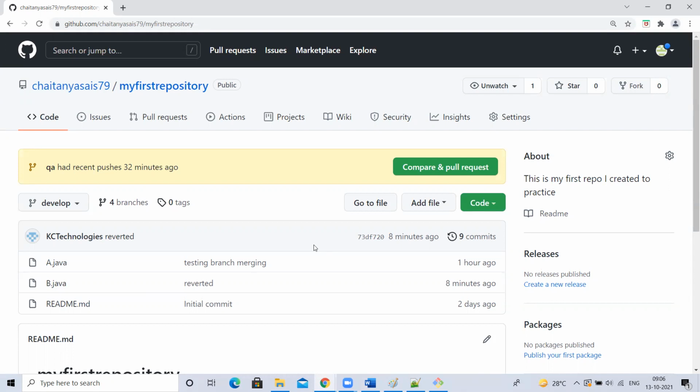Again, when we merge the changes to QA branch, we have a DevOps automation. It will take the code from QA branch and deploy it in QA server. Again, we'll merge the QA changes to pre-prod and deploy that in pre-prod server. Again, when we merge the changes into production branch, we'll deploy in production server, test it, and it will go live, right? But once we go to production, that code we have to take a backup.